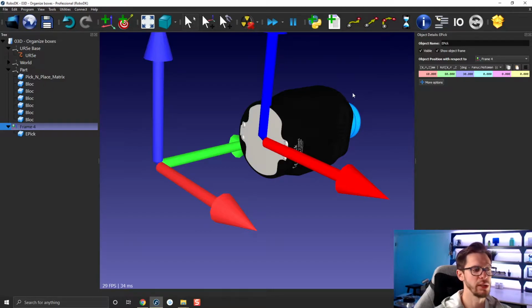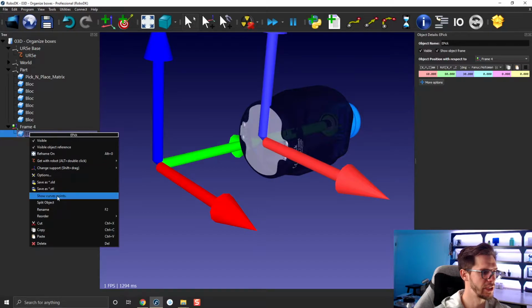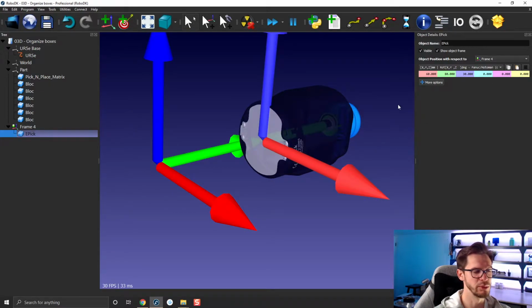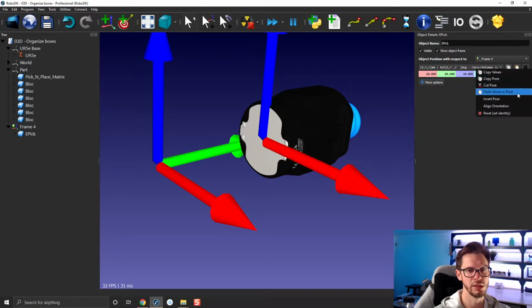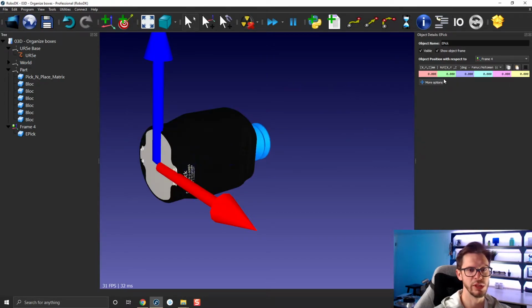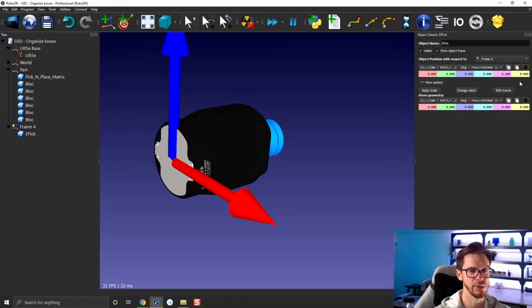So, a quick tip here that I didn't show you, I'm pretty sure I did. You have a reset for the frame here: right click, reset. For the object, you need to go here and then reset. It will simply bring all of those values back to 0. You see here you have an option called more option. There's a few things you can do with it,